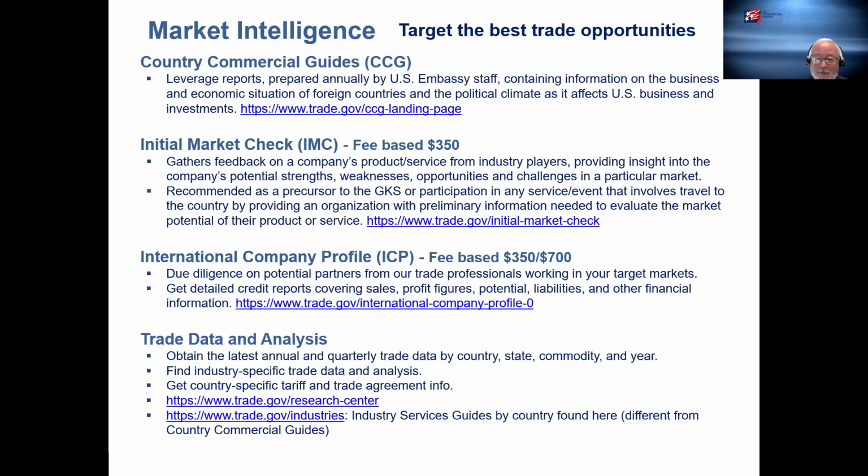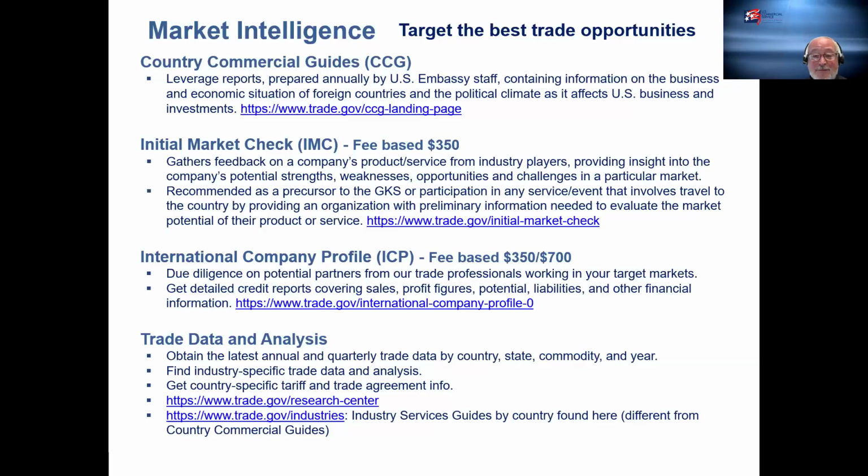We have an international company profile service, and it's just, again, what it sounds like. It's a background check. So if someone came to you via your website or you met them at a trade show and they want to represent you or be your distributor or be your partner in a foreign market, and they're saying all the right things and they look good to you, but before diving in with both feet or before shipping a very valuable cargo in a 20-foot container to them, you want us to do some background check or verify what you believe or what you're seeing matches what we see. We can do that